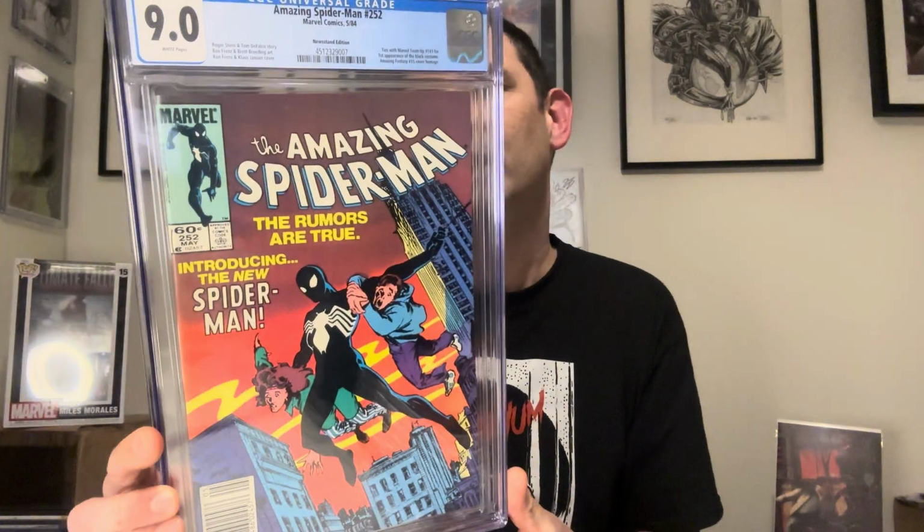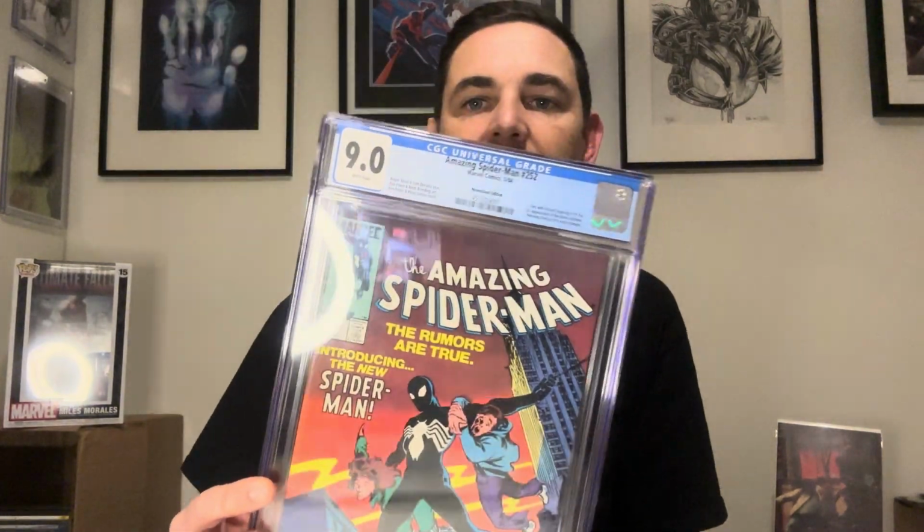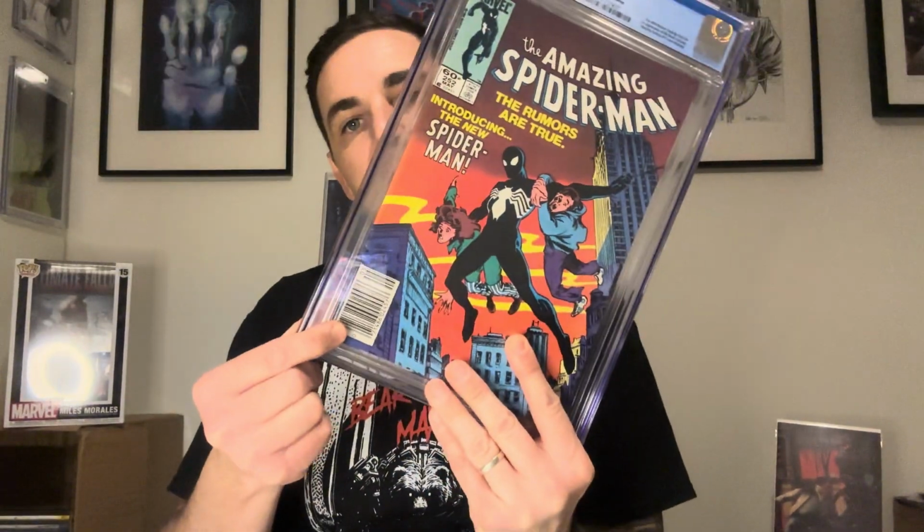You probably know this one, Amazing Spider-Man 252. That is an iconic cover, homage of Amazing Fantasy 15, of course, and that's come back in a 9.0, and it's a newsstand as well, which is very cool. Another one,